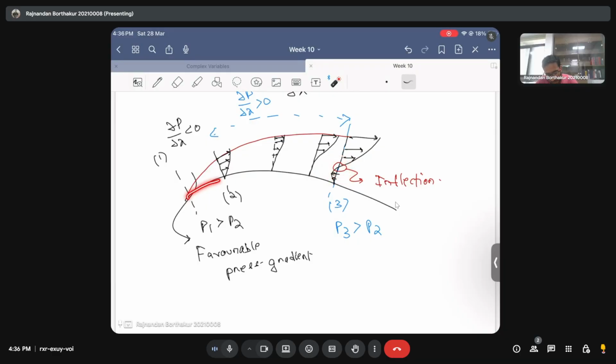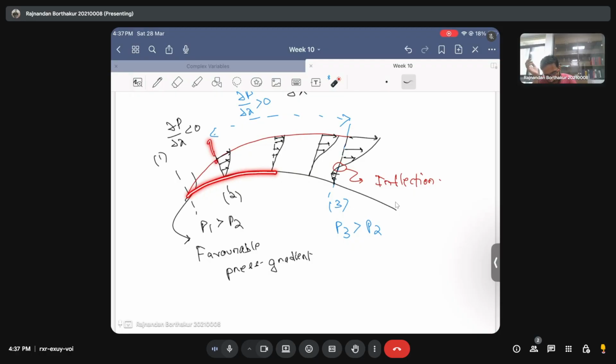But if the length of the plate is up to this point only, then I know there is a pressure gradient which is tiring up the flow. There is an adverse pressure gradient, but the length is not long enough for you to see an inflection point. So the necessary condition for the flow to separate is that it must have an inflection point. But an adverse pressure gradient is not a necessary condition, but, sorry, I was saying the other way around. The sufficient condition for the flow to get separated is that the velocity profile must have an inflection point. But an adverse pressure gradient is only a necessary condition, not a sufficient condition. This is something you need to understand, because